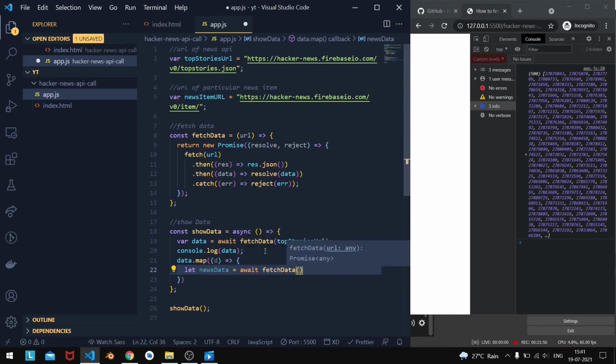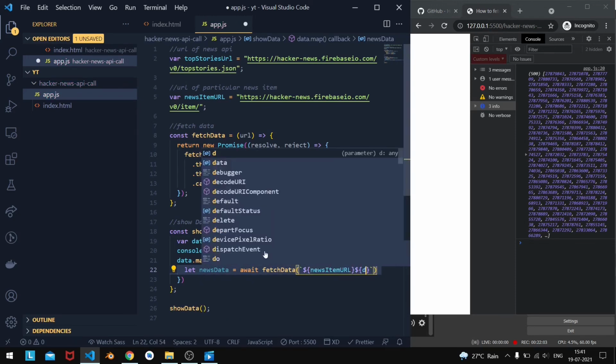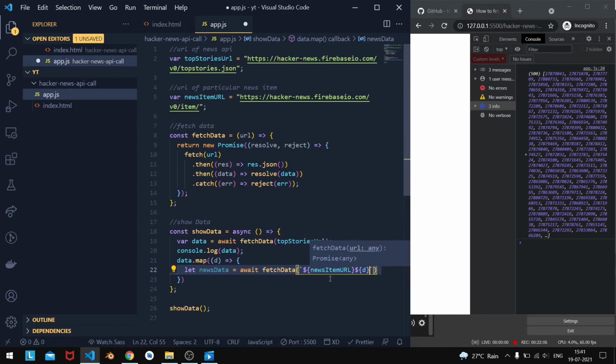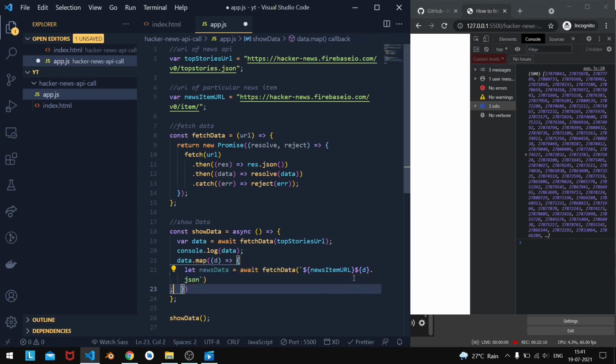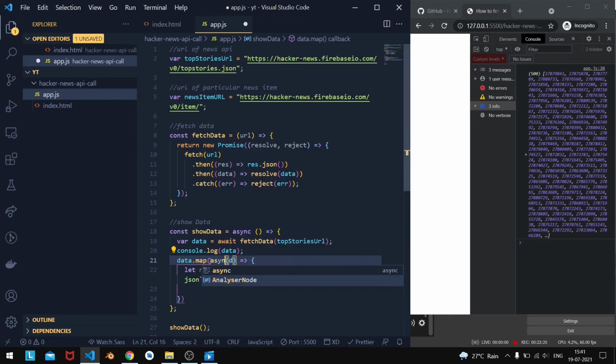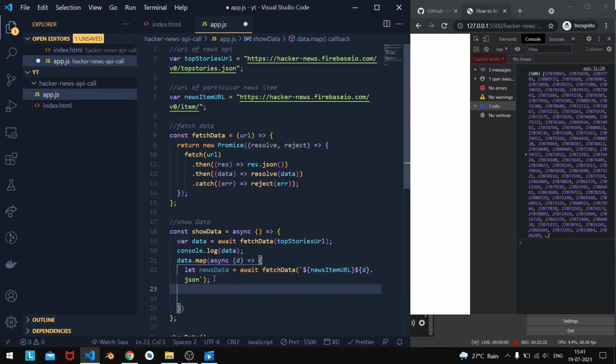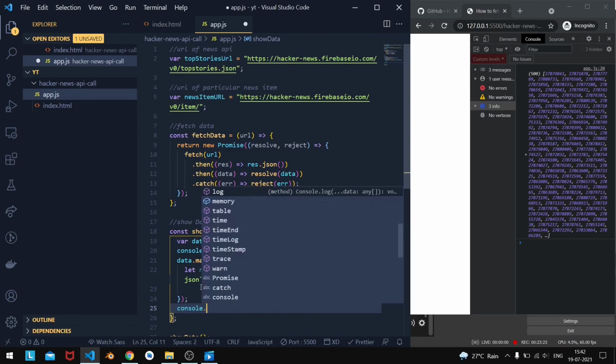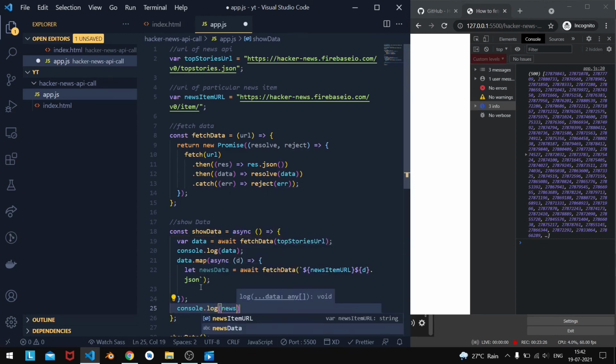We will use await to fetch data from the news item URL, where each ID is stored, and finally .json. Since we have used await, we have to call this as an asynchronous function, otherwise it will throw an error, and we will now console log this news data.